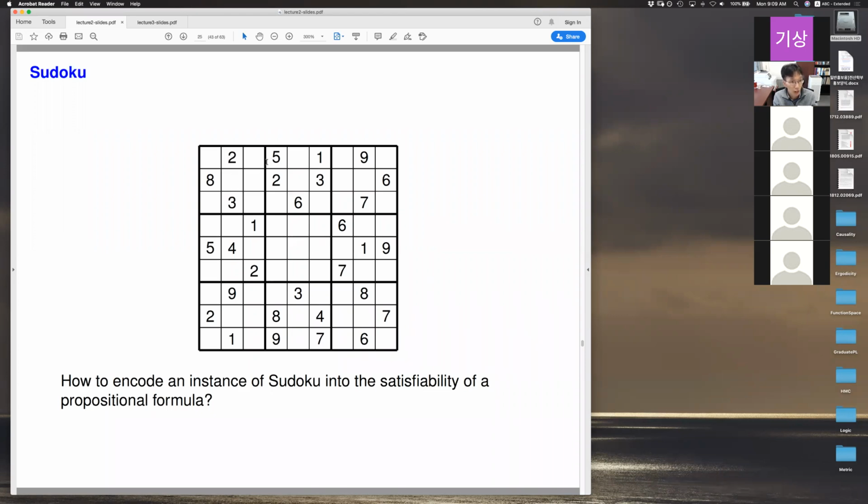And then this question asks us to fill in these blanks in this matrix in such a way that all the rows have all the numbers between 1 up to 9. All the columns have all the numbers between 1 up to 9, and also all the 3 by 3 squares,